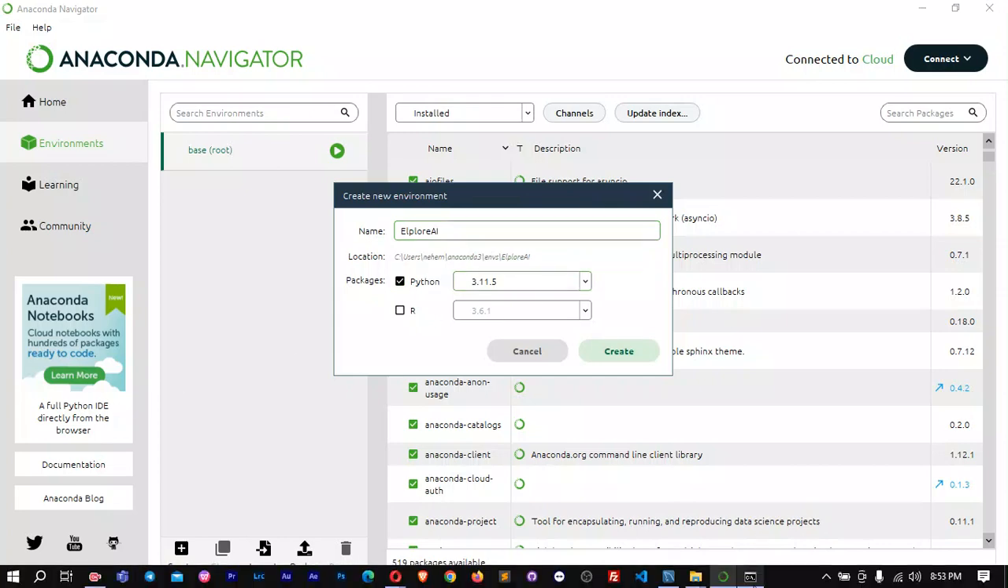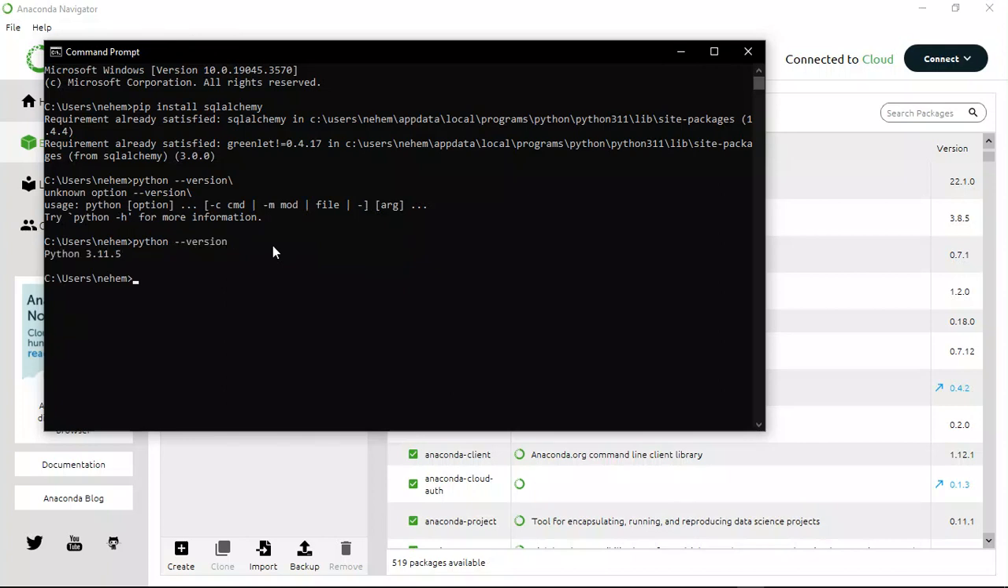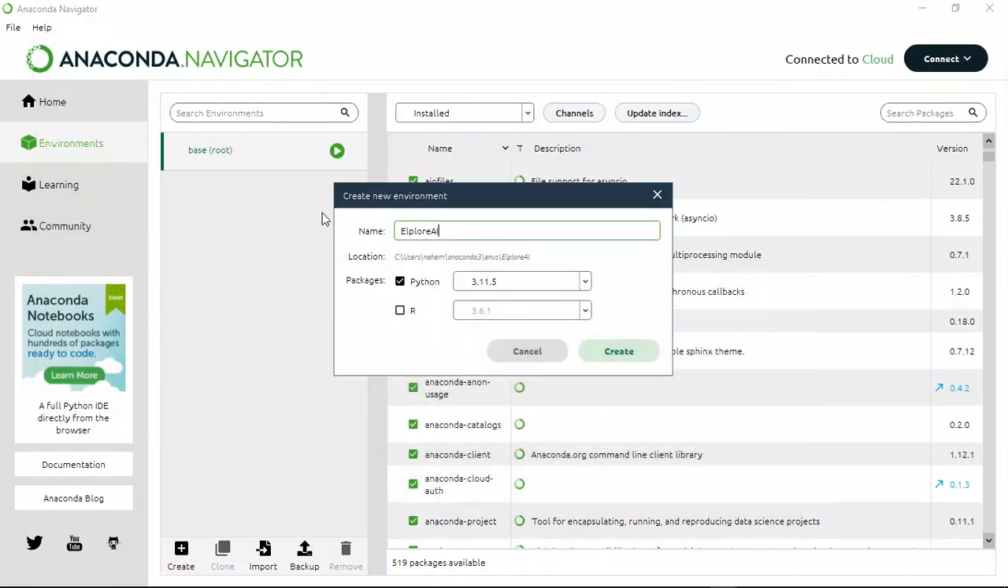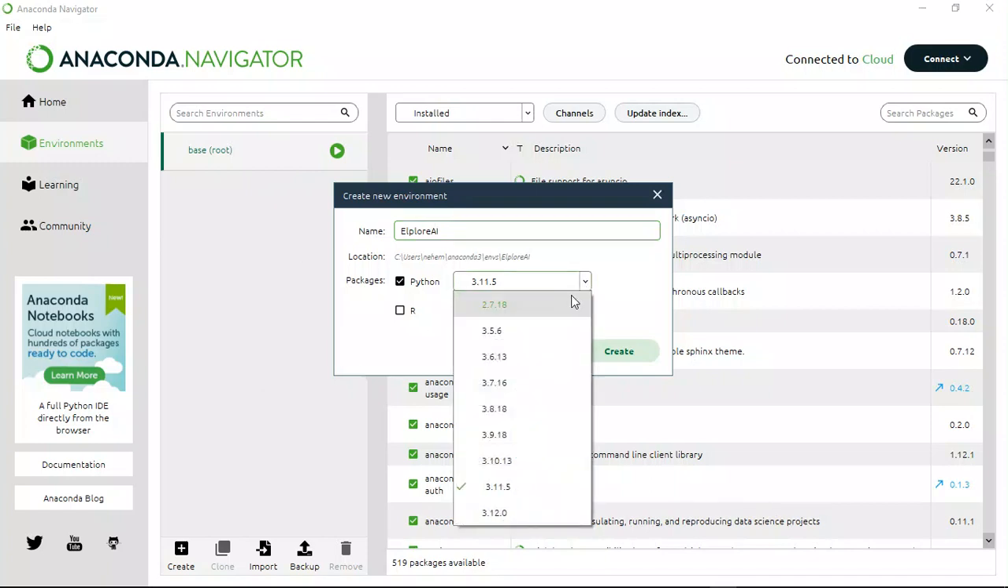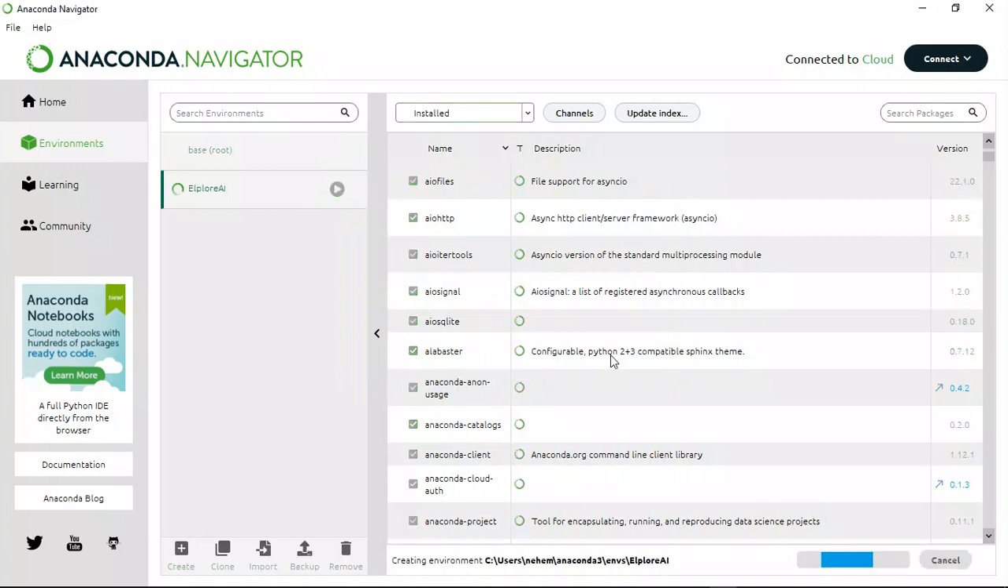Now you can see on my end, on the system wide, when I type Python version and run it, you can see it is 3.15. I think it's near the latest version. But here, when I specify, for example, 3.10.13, and then create this one, ensure that you're using Python, not R,